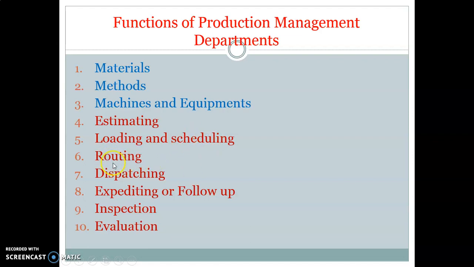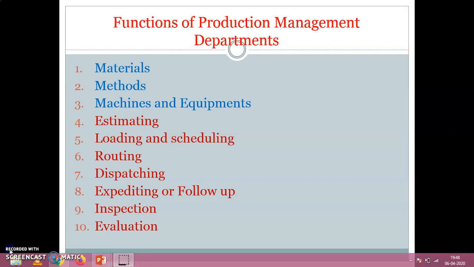Then routing. So what is routing? Routing simply means a route, establishing the path through which a series of production operations happens and input material gets converted into output finished material. If there is raw material, we have to convert it into output finished product. This product goes through a series of operations, right? So this is nothing but routing. Or routing can be defined as the path through which each job passes from raw material to final finished product.